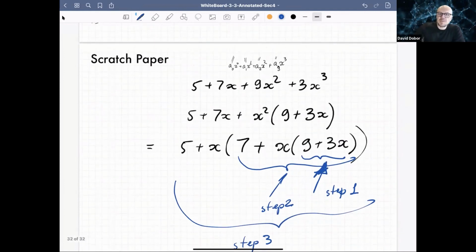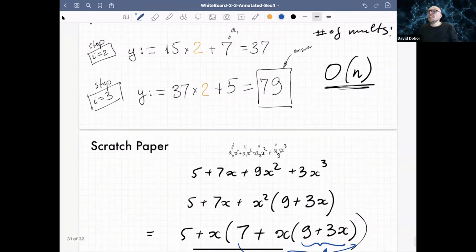I don't know if you agree with me that it's nicer or not. I mean, after all, at the end of the day, the niceness of this is quite a subjective experience. It's in the eye of the beholder, so to speak. But I think most people would think that the second way is cuter. Plus, it takes you fewer computations, right? Although they're both linear, we can easily argue, which we did, that you can't really do better than big O of n time, because you have to look at every coefficient. Otherwise, you don't see the polynomial, and you need to compute the value of the polynomial at a given point. So you have to look at every